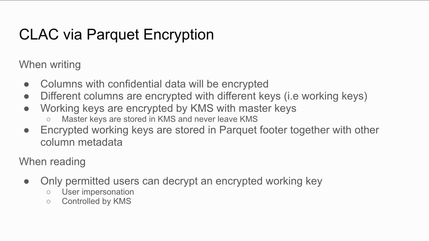And how do we do CRC via packet encryption? When we write data to a packet file, some columns need to be encrypted, and different columns can be encrypted using different keys. Here are the keys, we call them working keys. After we use working keys to encrypt this data, the working keys themselves are also encrypted by calling key